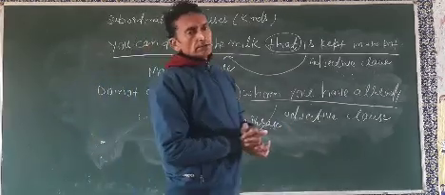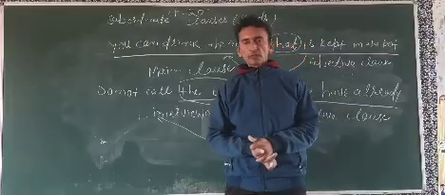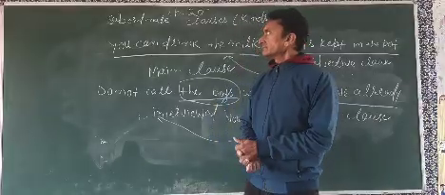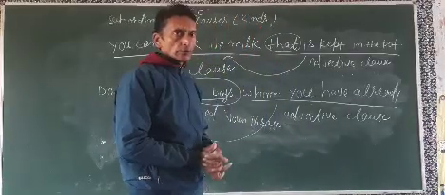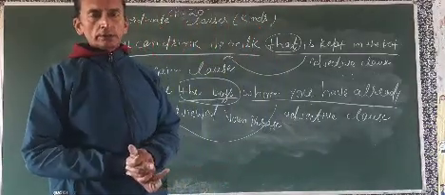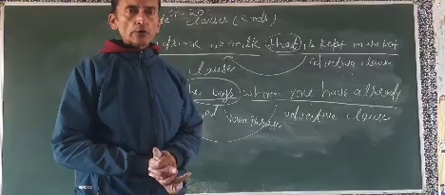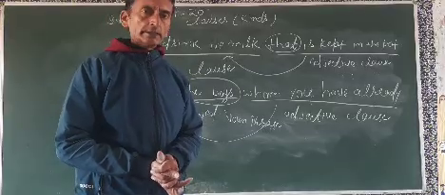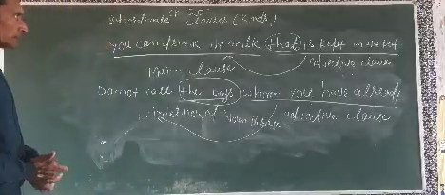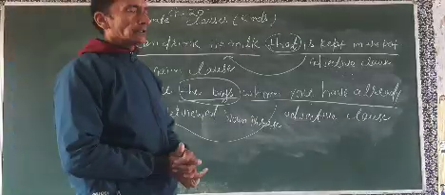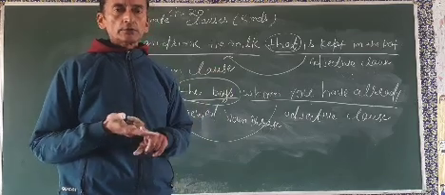Okay, students. We are going to recap the chapter once again. Subordinate clause. What is a subordinate clause? A subordinate clause is that clause which is depending on another clause and cannot stand alone in the sentence. And subordinate clauses are of three kinds: first, adjective clause, adverb clause, and noun clause.